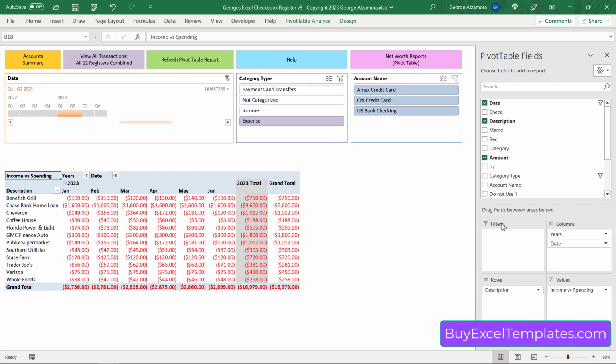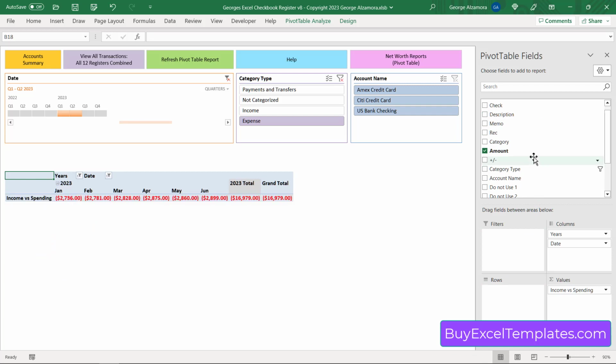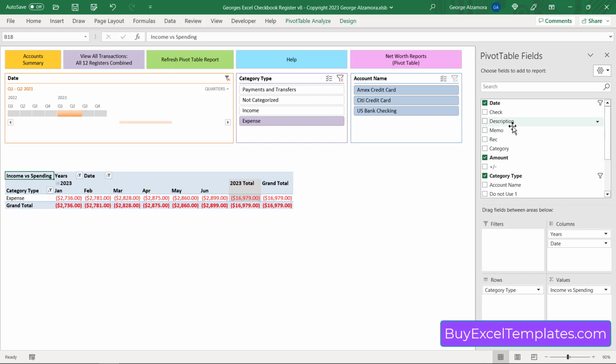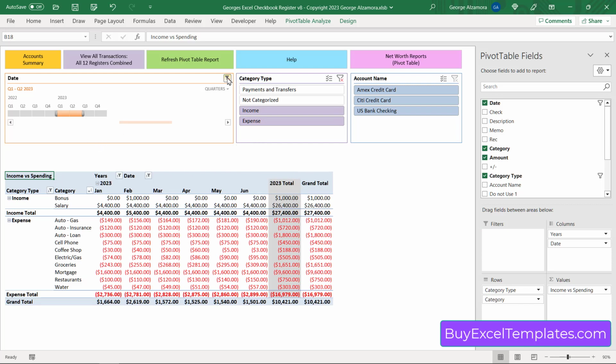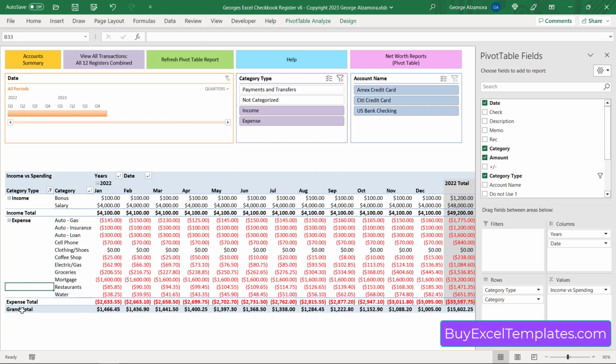So it's really easy to get back to the income versus expenses category report. You just do the opposite of what you did before. You pull up the description up there, and you bring back down the category type and the category field. And then you select both income and expenses, and you clear all the filters, and you're right back to your